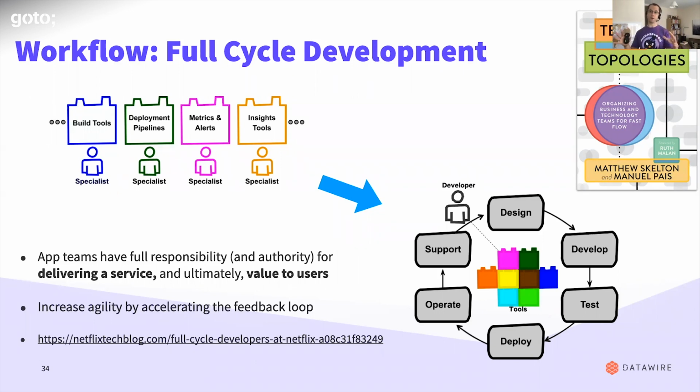They have codified some of the ideas around full cycle development, particularly in terms of platform teams and how you interact, into this book. And it's a fantastic read. I can't say enough about it. It's a really good book. But it really helps me think about this notion of product teams, stream aligned teams, working with platform teams to deliver value.